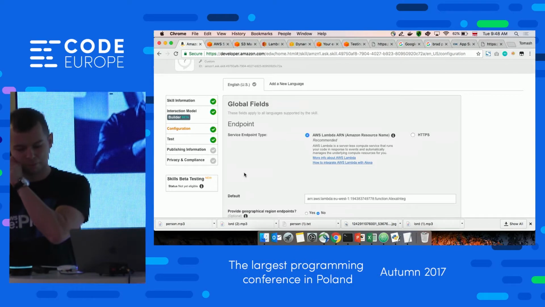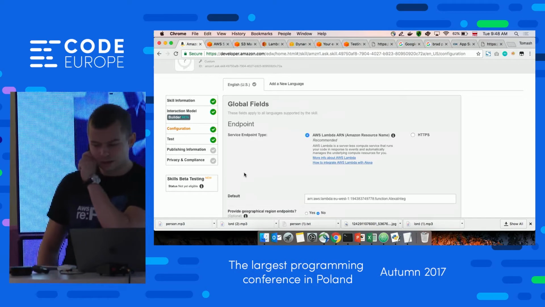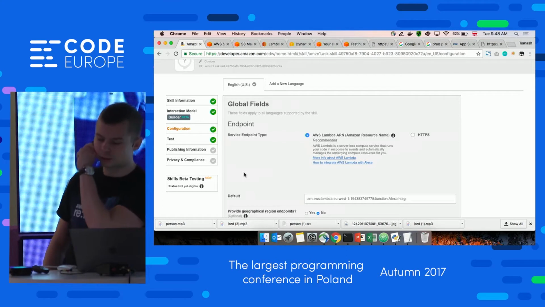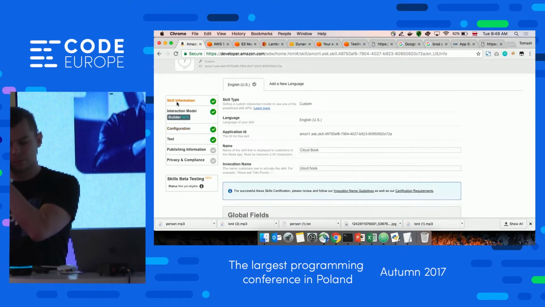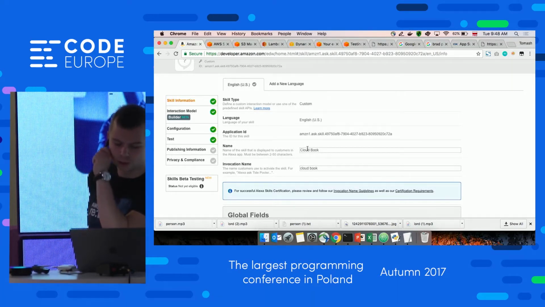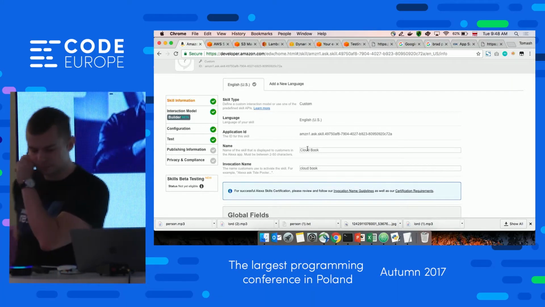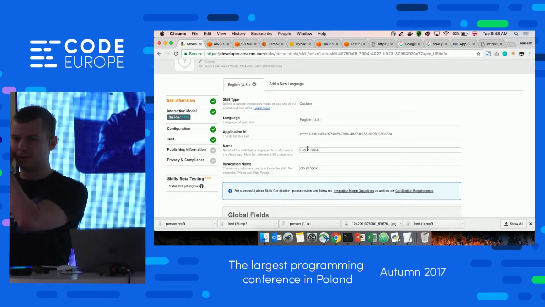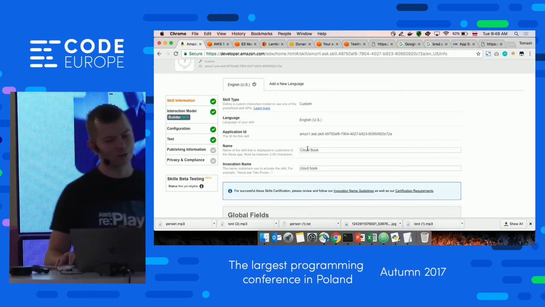Alexa, stop. Alexa, ask Cloudbook who is on person picture. Alexa, ask Cloudbook who is on person picture. I see Terry Pratchett on the picture. Okay, so it was working.